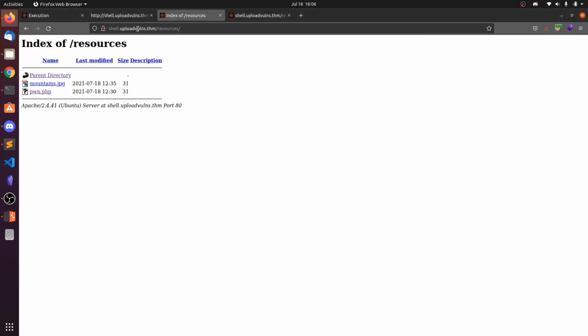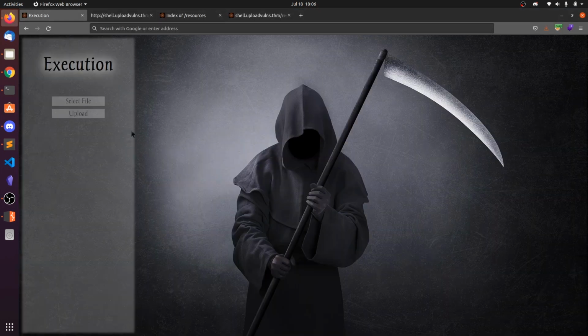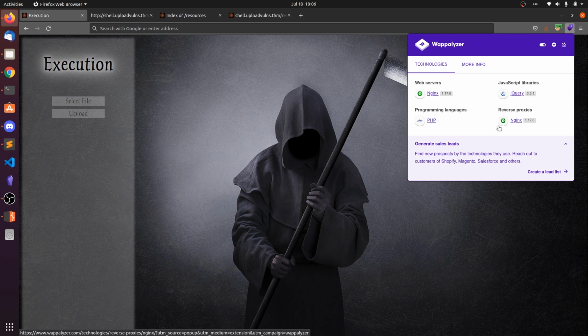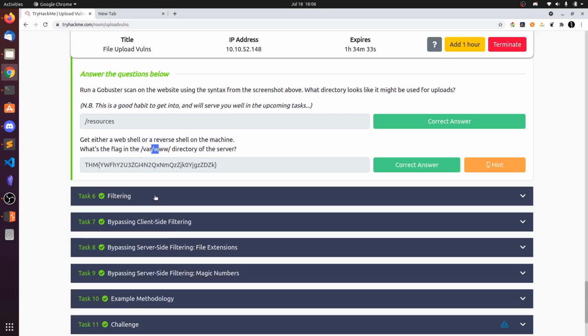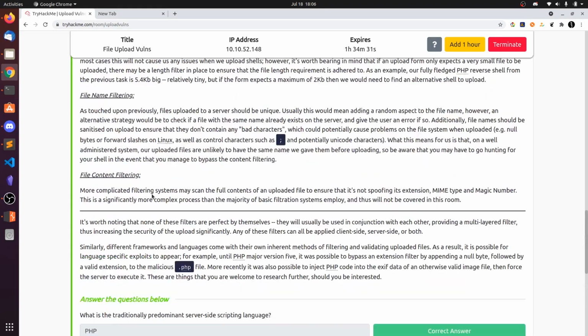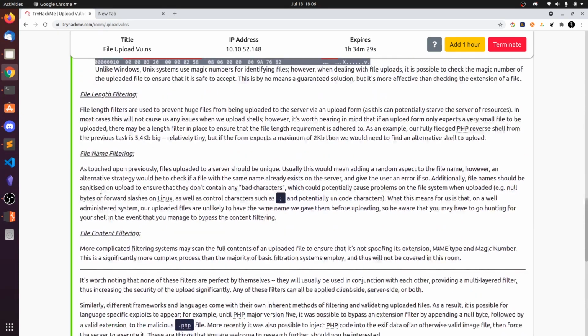Here there is no filter among the file extensions, and you can use the Wappalyzer extension, and you can see here the programming language used by the website is PHP. And the next one is filtering. So we are facing some filters.